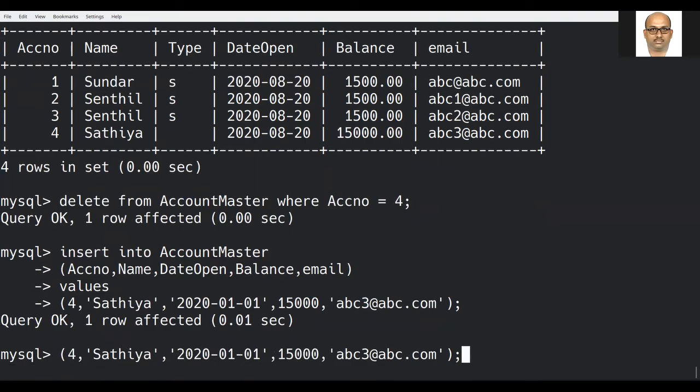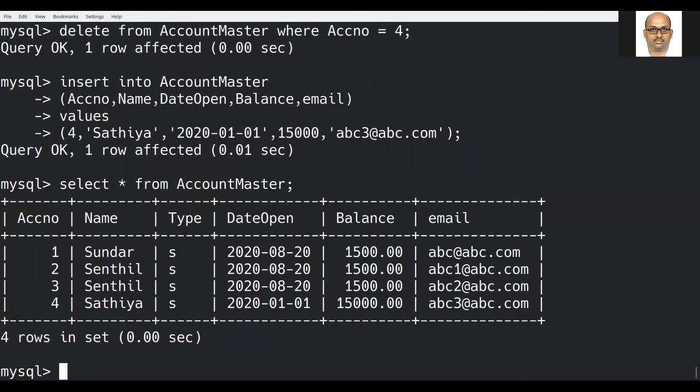Now let us select and then see. Select star from account master. See, the default constraint has been invoked when I have left the particular column as empty. Here I have tried to insert only 5 columns, whereas I am having 6 columns in total.